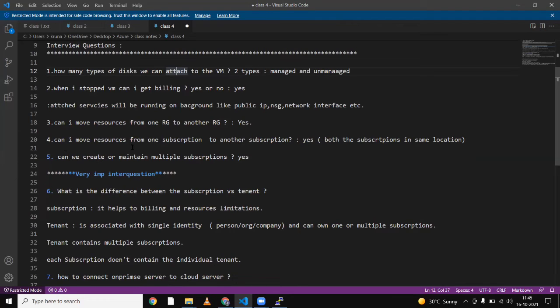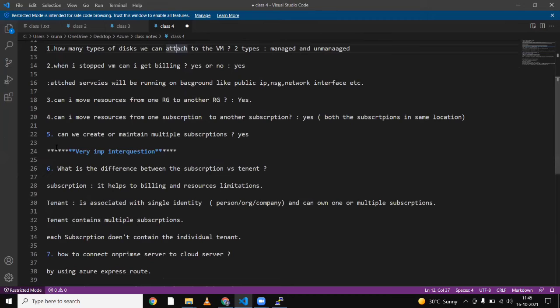You can move resources from one subscription to another, but the condition is that the region should be the same. You can't move from US East to US West. If it is US East to US East, you can do that, but if the region is different, you can't. Next one is, can we create and maintain multiple subscriptions? Yeah, we can create multiple subscriptions also.